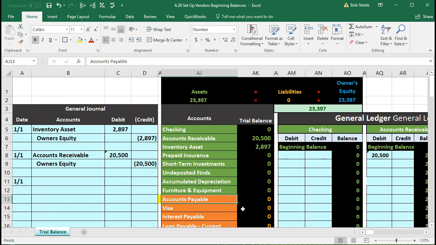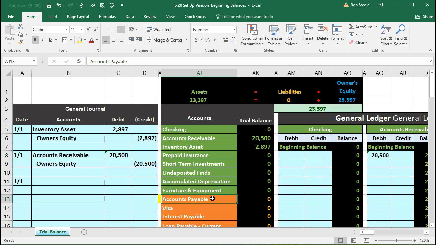Accounts payable is what we owe. Now, accounts payable is a liability account. We are increasing the liability account. Therefore, we're going to do the same thing to it as its normal balance, which is a credit. So we're going to credit accounts payable representing the fact that we owe the vendor, the one vendor in this case,